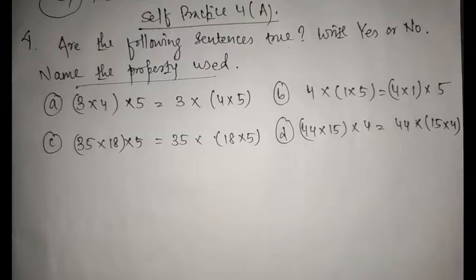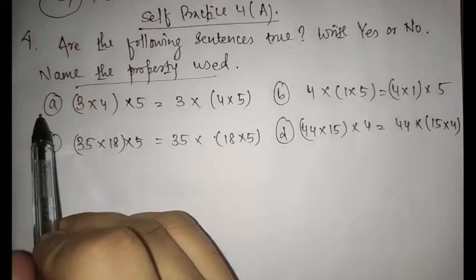The names are multiplication by 0, multiplication by 1, order property or the commutative property, which we dealt with in our previous question number 3, and number 4, grouping or associative property of multiplication, and the last one is the distributive property of multiplication. I hope you are very familiar with these terms. As I have mentioned, you have to remember this by heart.